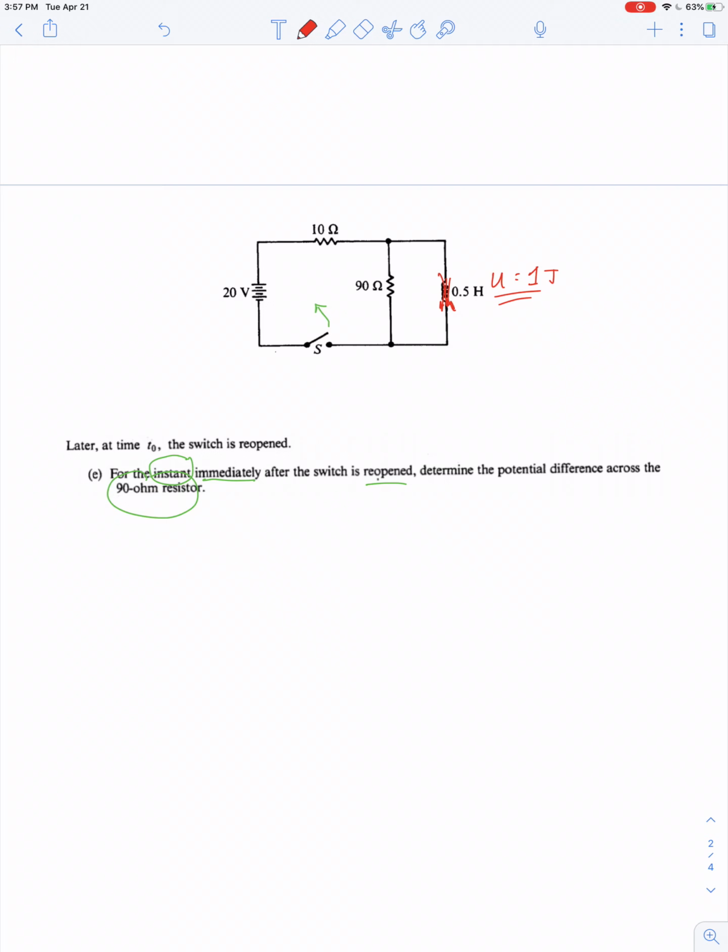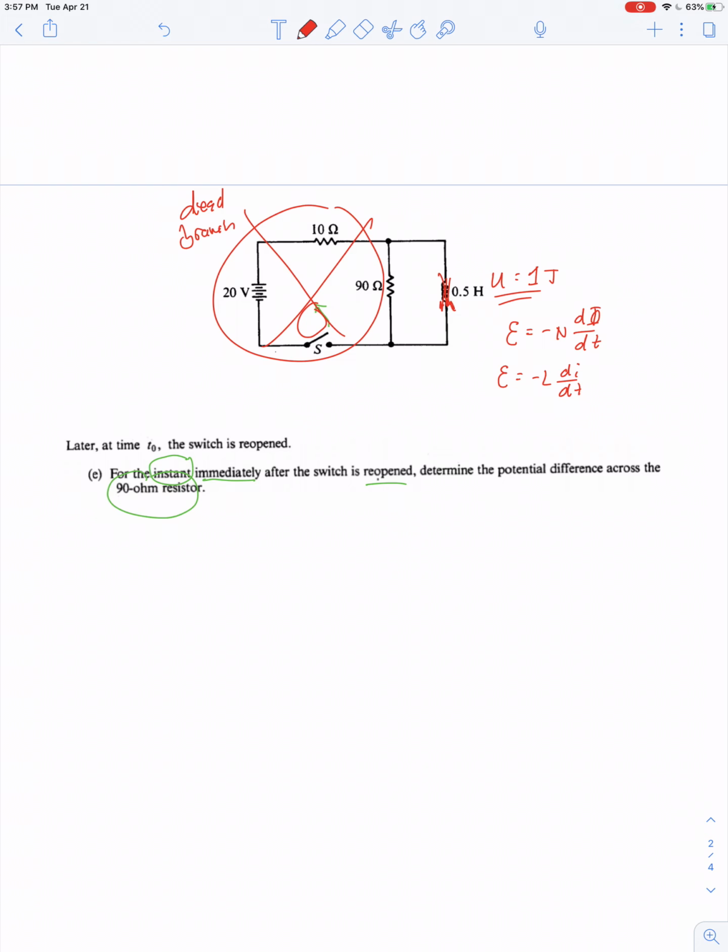That's because anytime there's a rate of change of magnetic field, there's going to be a rate of change of flux. And Faraday's law tells us that there's an induced voltage equal to negative N d phi dt. Or the induced voltage is equal to negative L di dt. Two ways of saying the same thing. If the switch is suddenly thrown open, all of this becomes a dead branch,